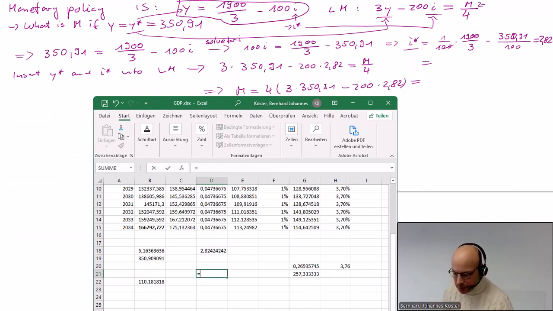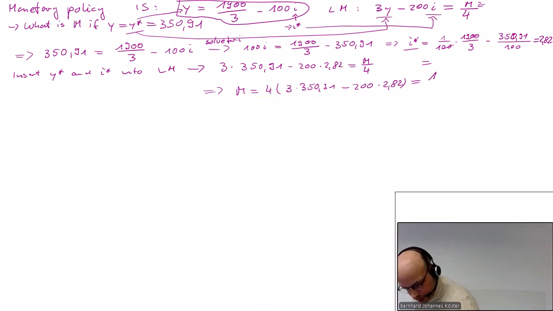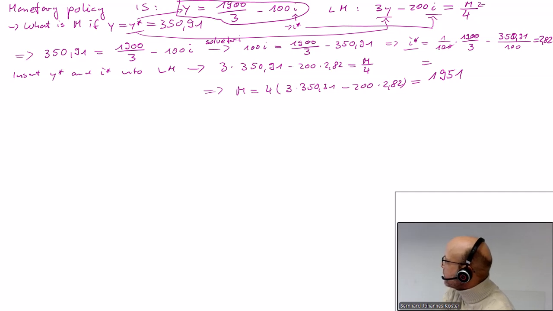So this will be then 3 times our 350 minus 200 times the new one times 4. So this is, oops, 1951 roughly. And in the German course this morning, I was a little bit surprised when I calculated this quite large number